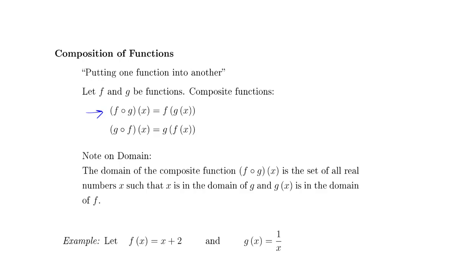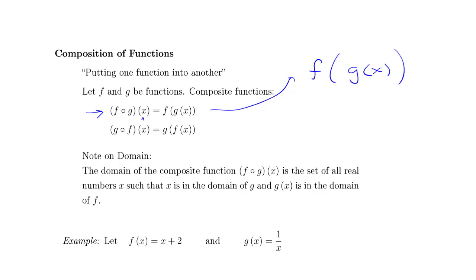That's said in some different ways: f of g, f composed with g. So I'll probably just say f of g. F of g of x is computed as f of g of x, and g of f of x is g of f of x. All right, so if I think about f of g of x,